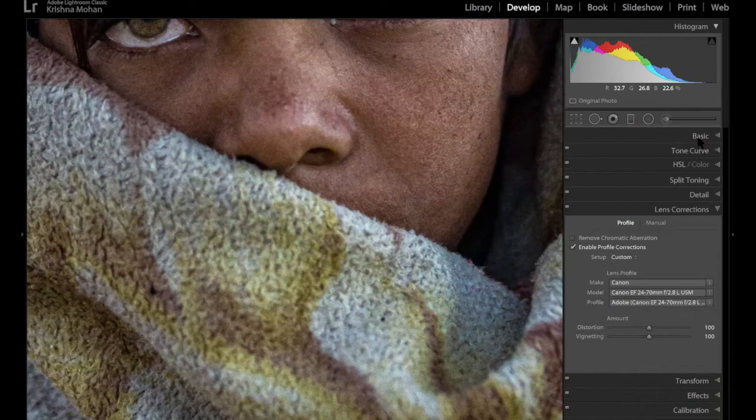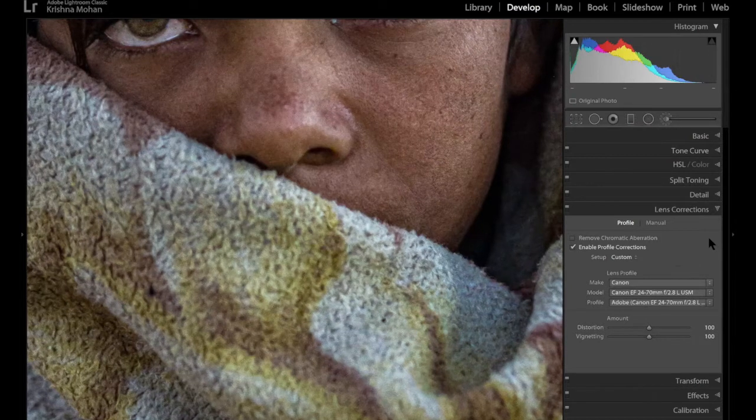Because what happens is, if you start using a brush, a localized brush and other things, and then you jump to lens correction as the last one, as that is lower down in the module, wherever you have applied the brush, it may mismatch once the lens correction gets applied. So I suggest people do the lens correction first if there is any. And then whether you crop in the beginning or at the end, it doesn't matter at all.